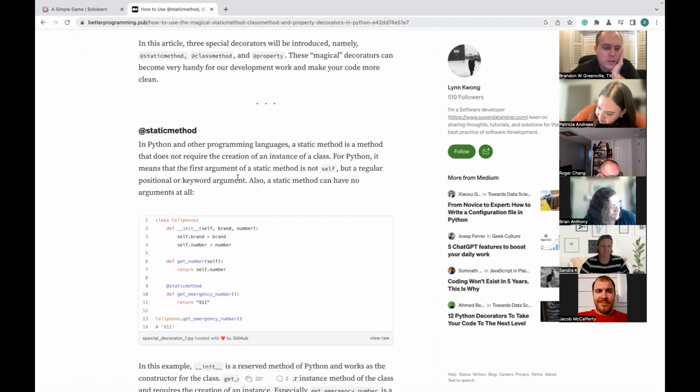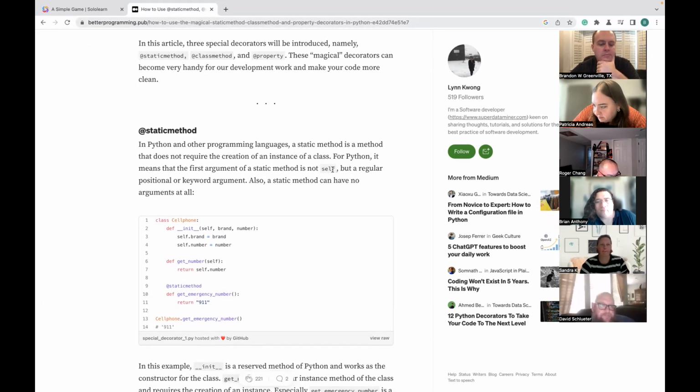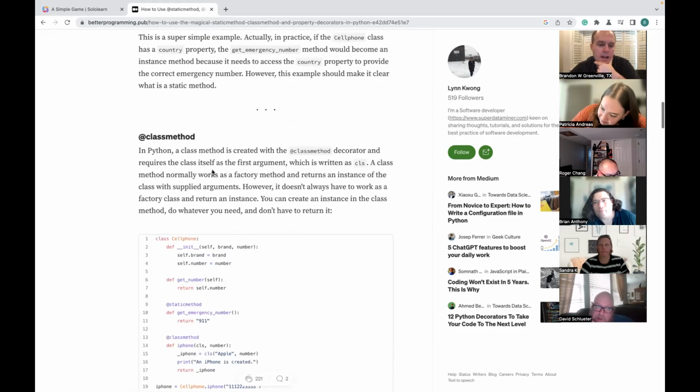And the first argument of static is not self, and you can't use self for the class like you can otherwise. But the class method's first argument is the class, like we learned yesterday, and